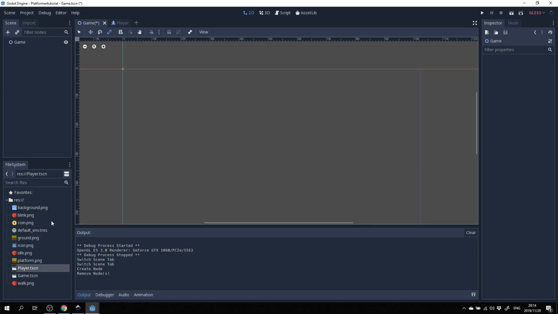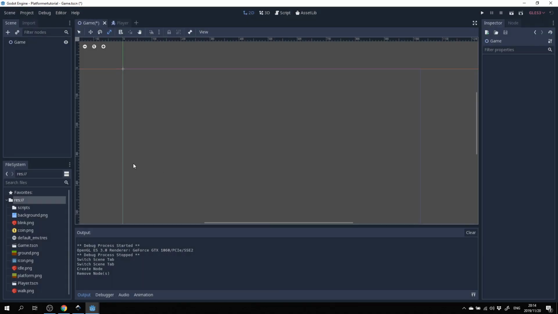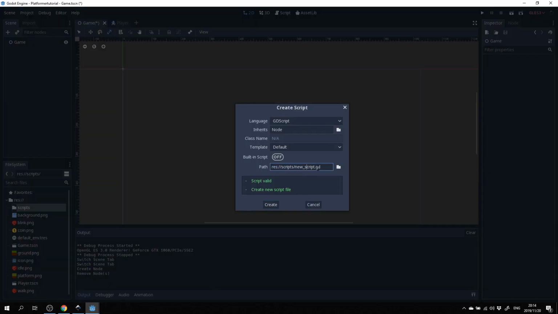The first thing we want to do is go over here and create a new folder called scripts. So I've got our scripts folder, and let's create a new script called player.gd. We're going to be using GDScript.